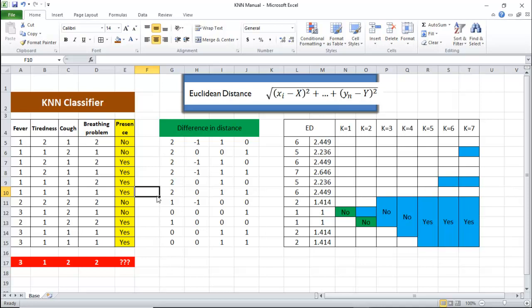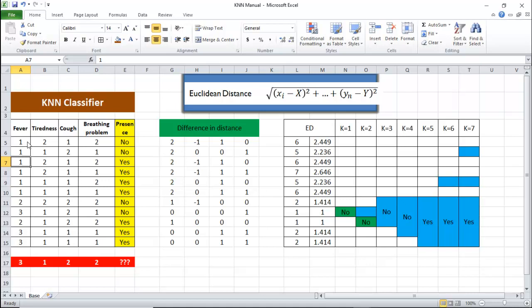In this session, we will understand how the KNN classifier works with a simple example. This is the data set I took. This is a sample data set having 4 attributes and one output column, which is the presence of the virus. In our previous examples on decision tree and naive Bayes, every attribute takes categorical values. Here, for better understanding and better working out, I have converted those categorical values into